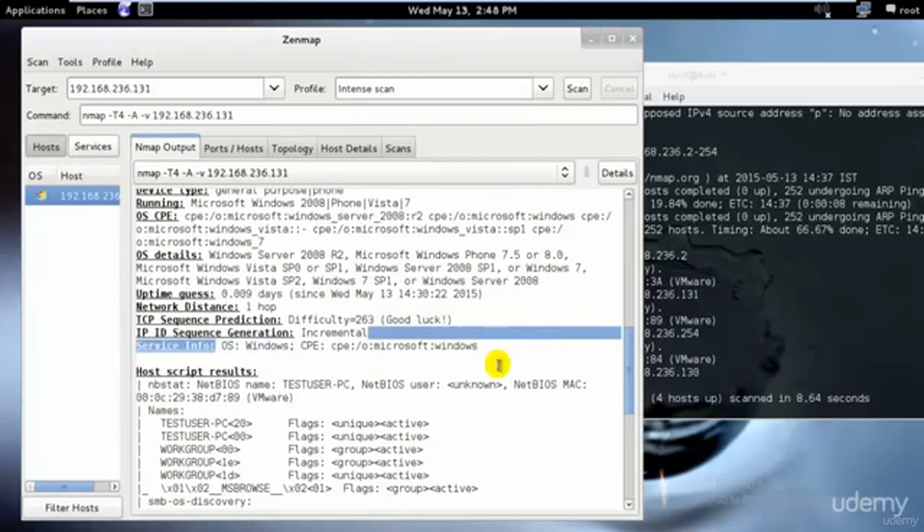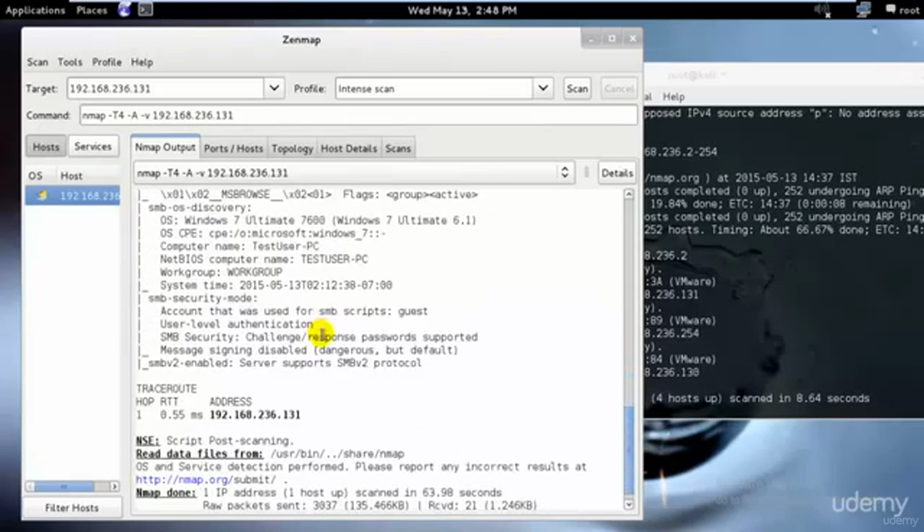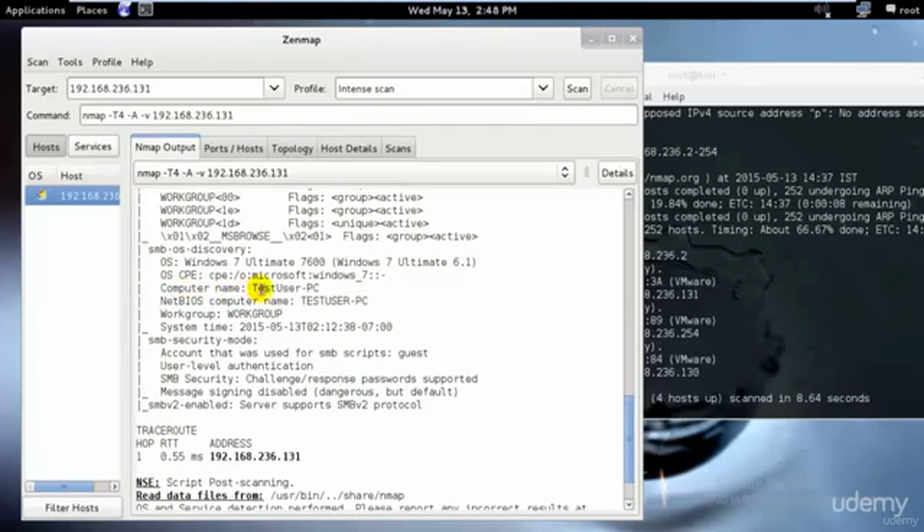Again, the operating system is Windows, and we have all the information that we need. So the computer name was test user, since